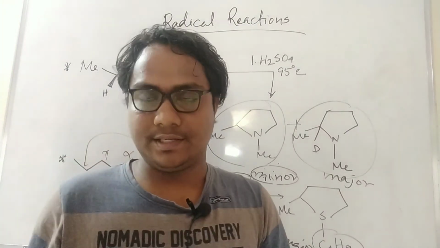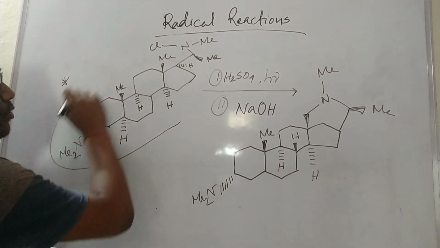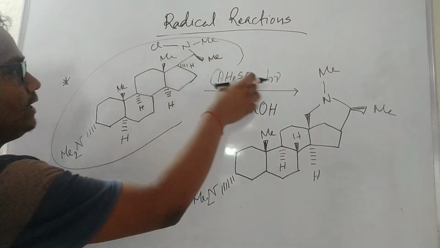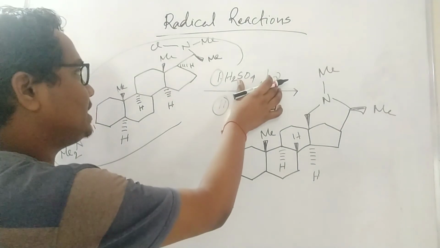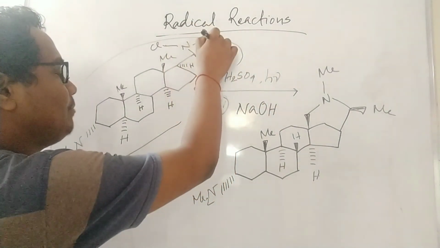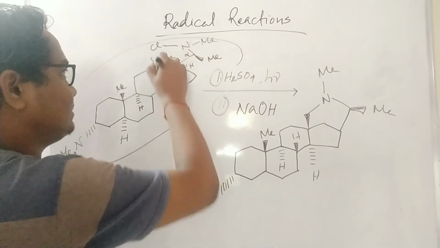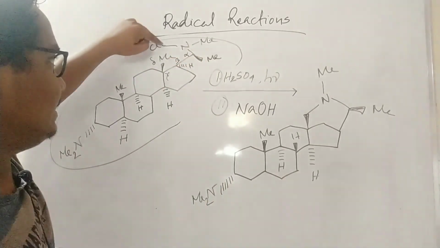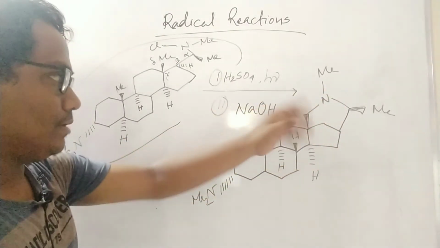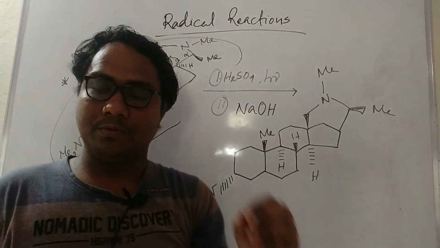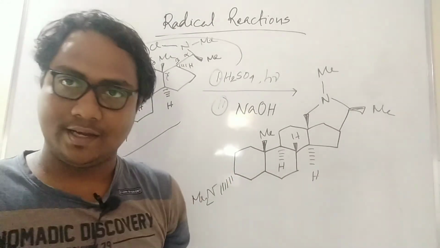Now I give the final example, which you will check. Here I chose this kind of cholesterol moiety, and here H2SO4, HNO or NaOH. This is the HLF condition. Here NCl Me is there, and these are the alpha, beta, gamma, delta hydrogens. So that will cleave by this photochemistry, and that will come, and with NaOH it forms this 5-membered ring. You have to cross-check this product with your mechanism.